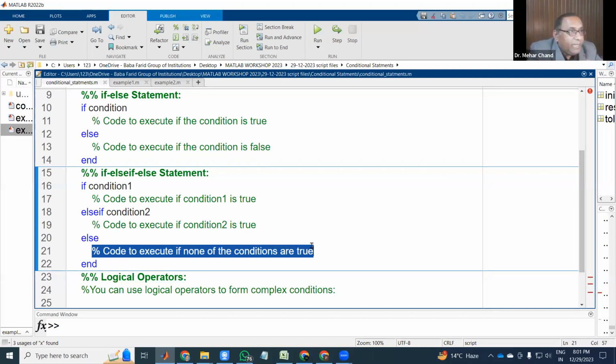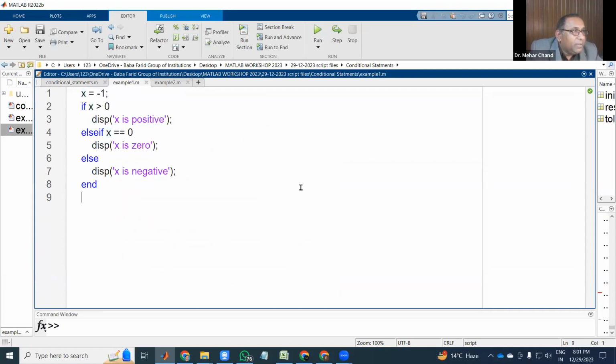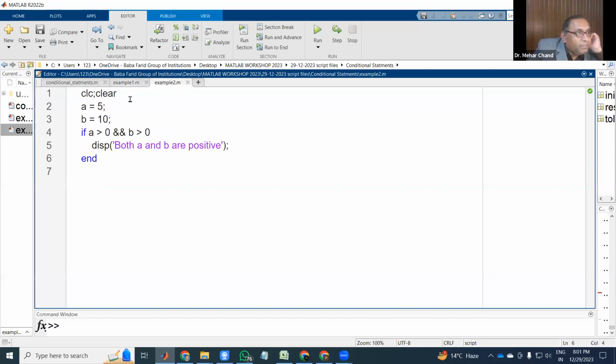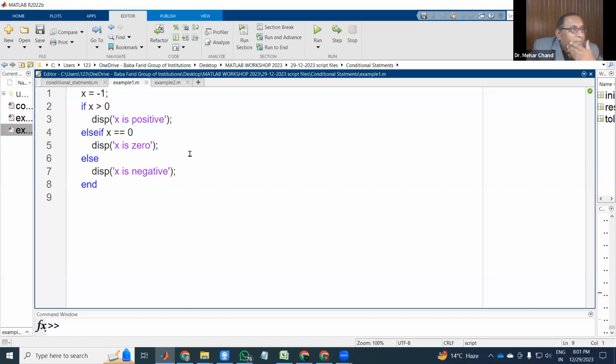So here we will discuss one or two examples. You can check here. Yes, this is the first example. In this example, this is the first condition, this is the second condition, and if this condition is not satisfied and this condition is not satisfied, it will automatically print the value. See,